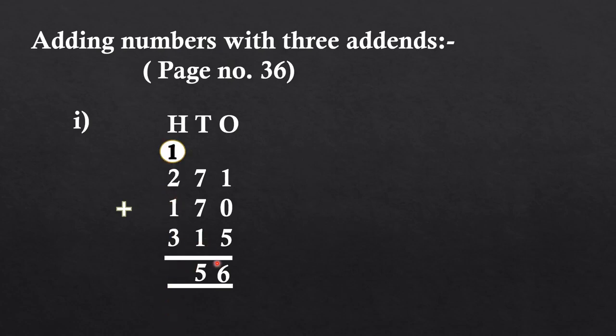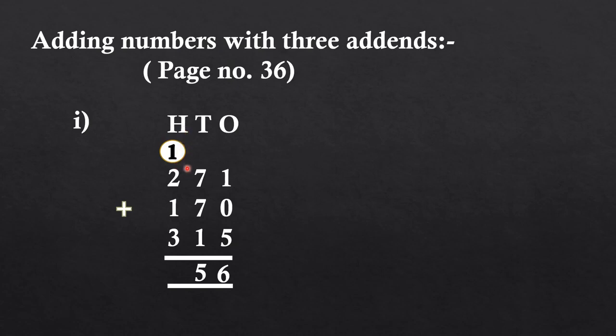Okay, तो आपने देखा जब हमारा आंसर 2 digits का आता है, जब हमने वंस को ऐड किया या टेंस को ऐड किया या हंड्रेड्स को ऐड किया, जब हमारा आंसर 2 digit का आएगा तो हम वंस वाला कॉलम उस पे लिखेंगे, ठीक है, और टेंस वाला जो है हम उसे डिजिट को कैरी कर देंगे.